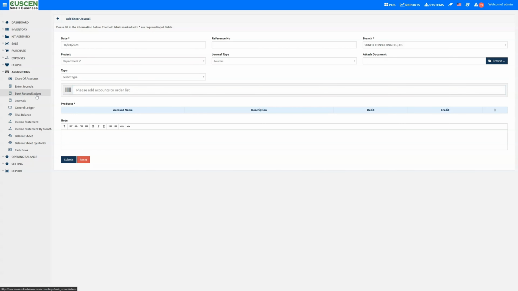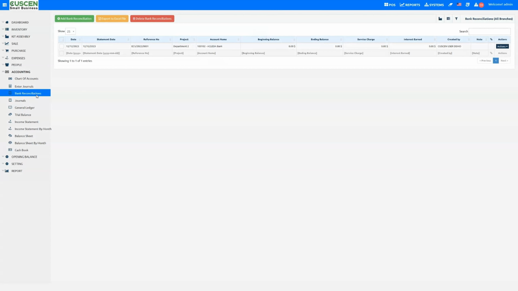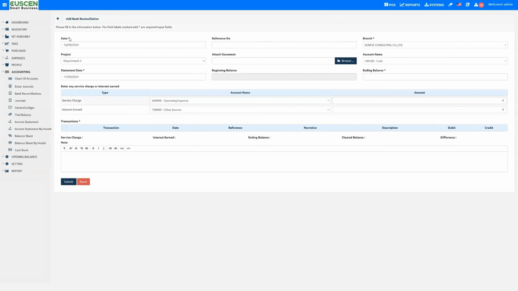Next, we have the bank reconciliations. This is your gateway to ensuring your bank statements match with your accounting records. To begin a new reconciliation, you can click on Add Bank Reconciliation. This function allows you to create a new entry to match your latest bank statement with the transactions listed in your